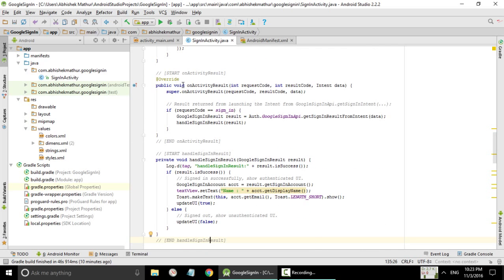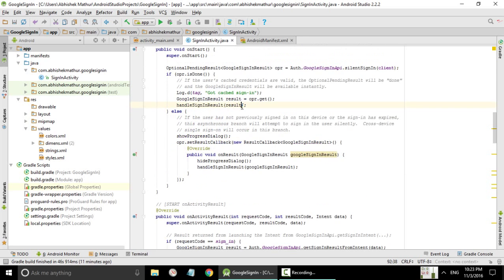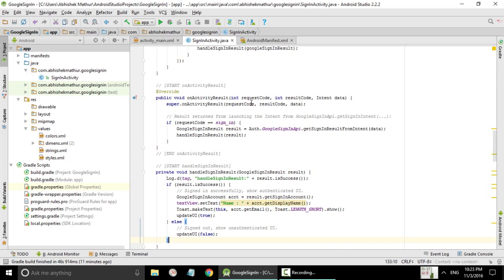You also have to override onActivityResult, as you are already implementing GoogleApiClient.OnConnectionFailedListener, and you have to accept an int request code, another int result code, and an intent data. You have to call the super method as you are overriding, and here it is a must to do so. And you have to check if the request code is equal to sign in, then